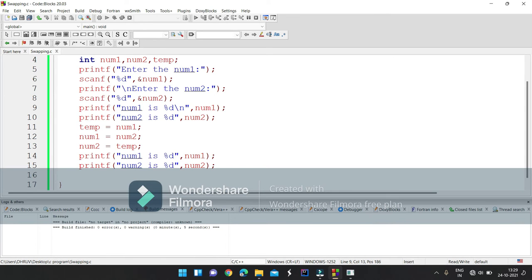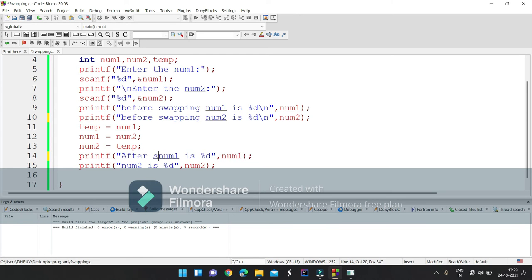Here we will write "before swapping". Here also we will write "before swapping num1" and num2, and here we will use \n for new line, and here we will write "after swapping".